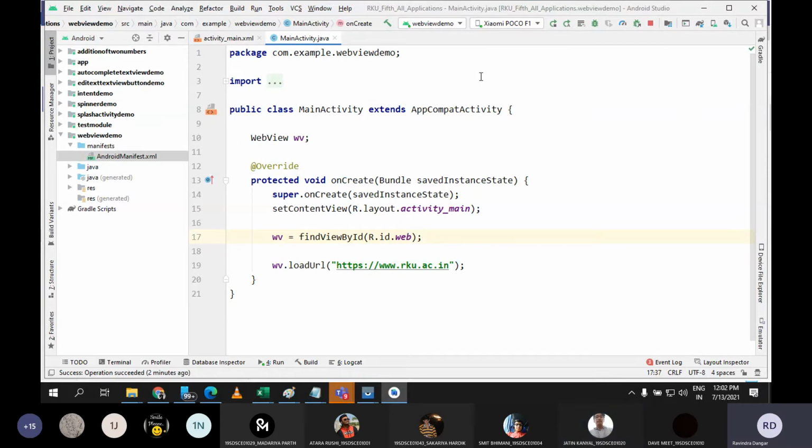No, it is only for accessing the internet. If you want the user to decide on the permissions, where the user can click on allow or deny, in that case you need to write the code again for that. That also we are going to discuss in the upcoming sessions. For accessing the gallery, the file storage, or the camera, you need to give the permission. That also we are going to discuss.